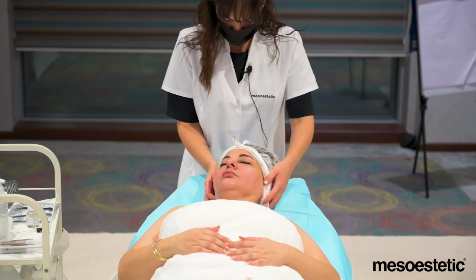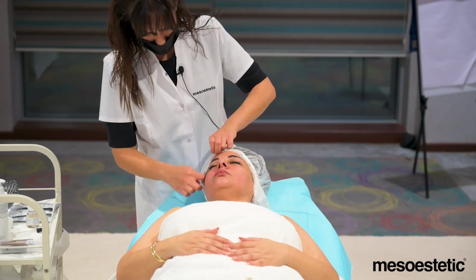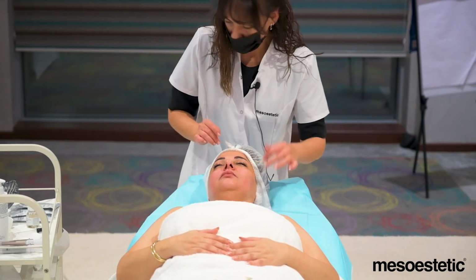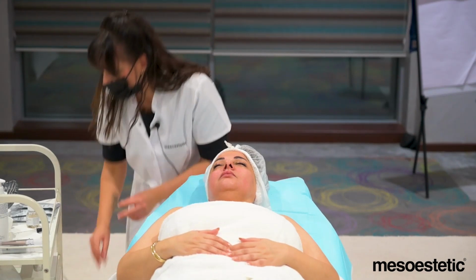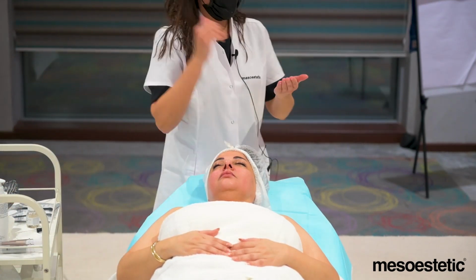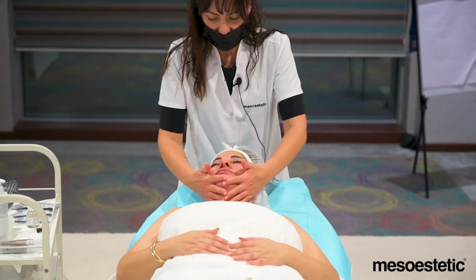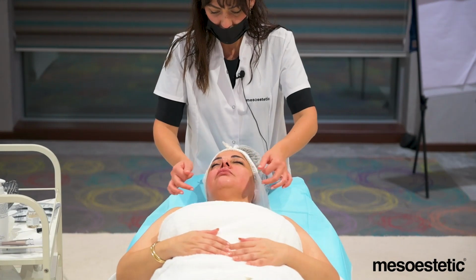Alright, so we're going to go back into the center. Okay. Make sure everything is in place. I'm applying a little bit more cream because now I'm going to be working the front piece, okay? So starting from the chin again, we're going to draw like a smile. How? With this movement, with